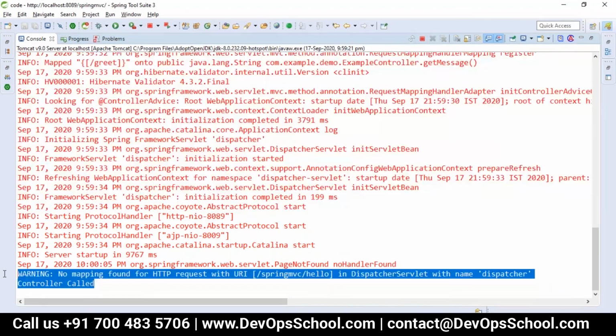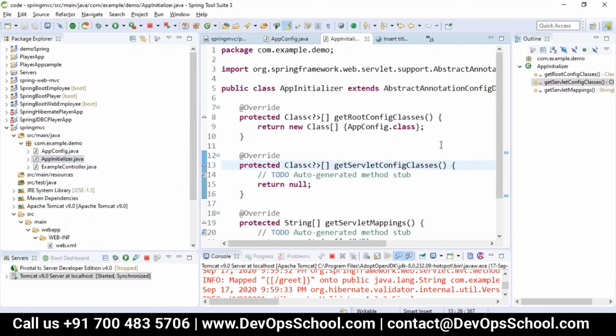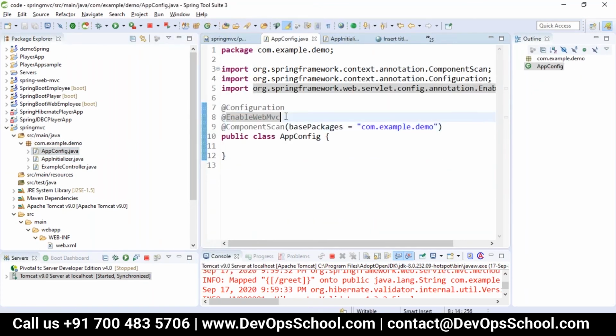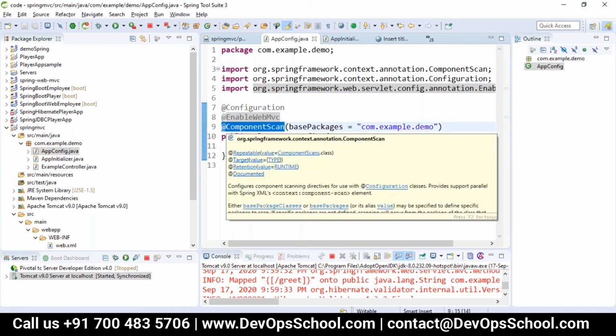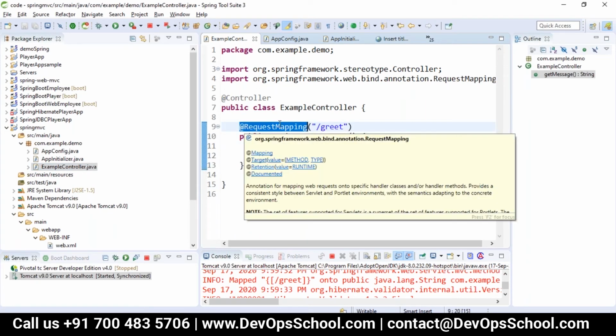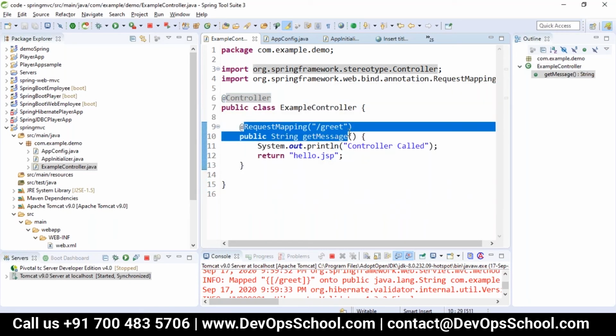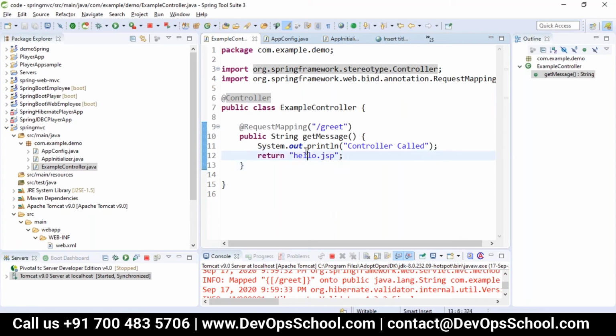You can see the controller is given, and for the request, first the app initializer will be loaded. From this, it will load into app config. In the app config, it will say, okay, you enabled MVC and you mentioned the component scan, it will look for what request you sent. We sent a request called greet, and before reaching the request mapping, it will look whether the request mapping has a controller or not. When the controller is present, it gives the view, which is the request mapping of greet, and this returns hello.jsp.